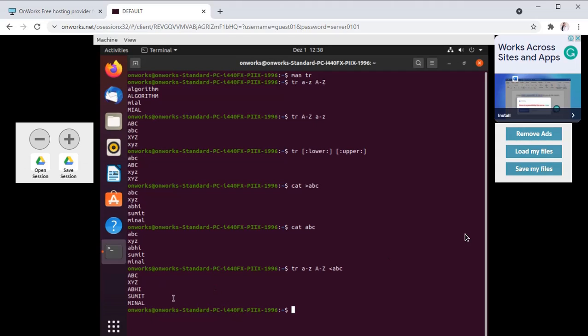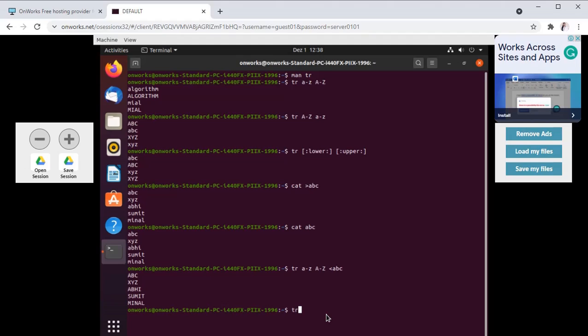Again, another use of the translate command is that we can convert one set of characters into another set of characters. Suppose we want to convert the characters from a to d into the numbers 1 to 4.